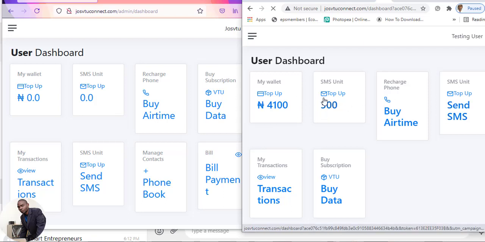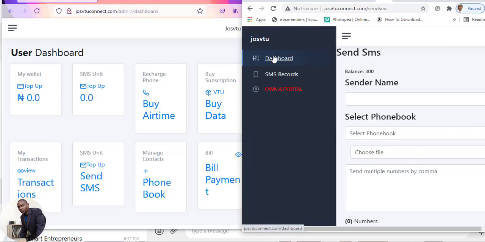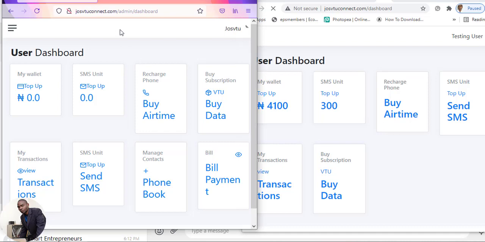And you can see now that the wallet balance remains 9. Okay, you can see now SMS. So all this, I think for this video not to be too long, we'll come back to this later. Do you get it now? But I think you get it now, how to access your